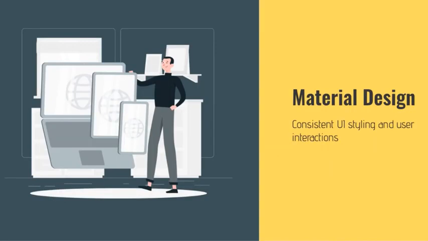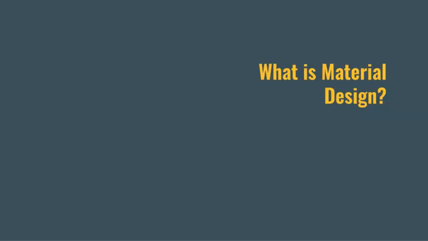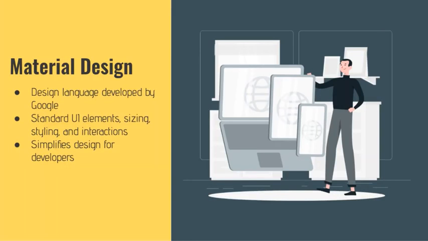So now let's talk a little bit about material design. So what is material design? This is something that maybe you've heard of, maybe you haven't. So I think it's good to talk about it for a minute because it is pretty important in the world of Android development. So material design is a design language developed by Google. Google released their first version of material design back in roughly, I think it was 2014-ish. Basically, material design came with the Android Lollipop release,